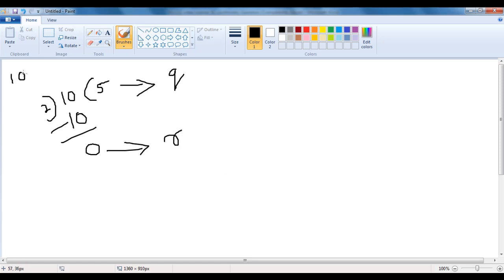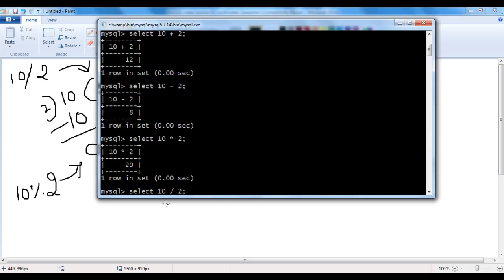If we say 10 divided by 2, we get quotient. Whereas if we say 10 mod 2, we get the remainder 0, guys. That means 10 divided by 2, we should see 5 displayed. If I hit enter, it displays 5.0000.